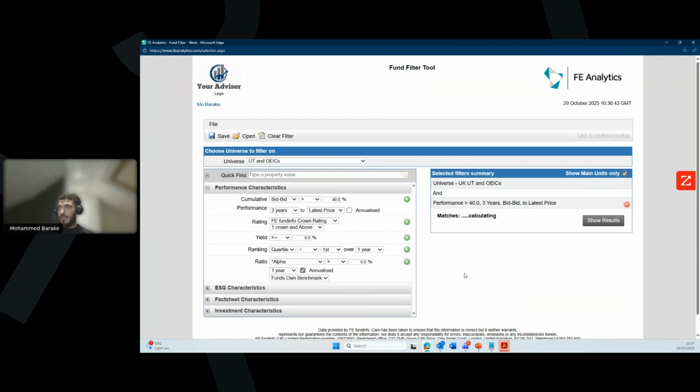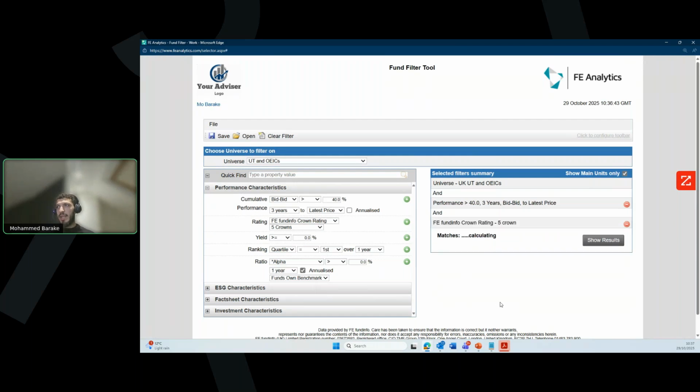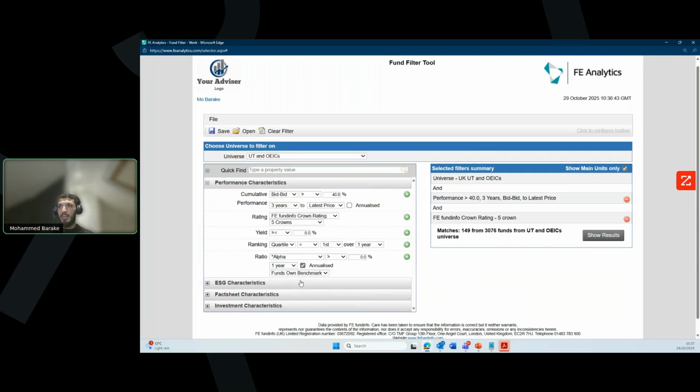Let's have a look. So now we know that 903 out of the 3K had 40% performance over the last 3 years. And I also wanted to have 5 crowns. Just keep going down, just like that. And then you could see how you could start narrowing it more and more and more